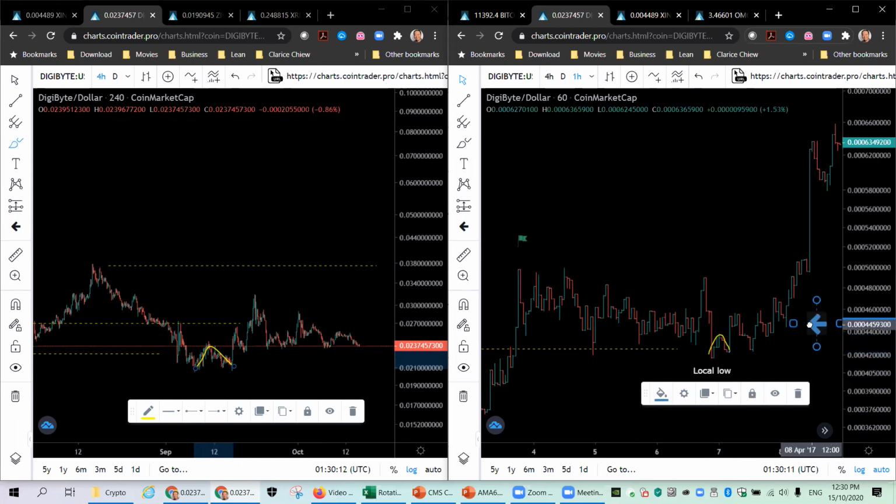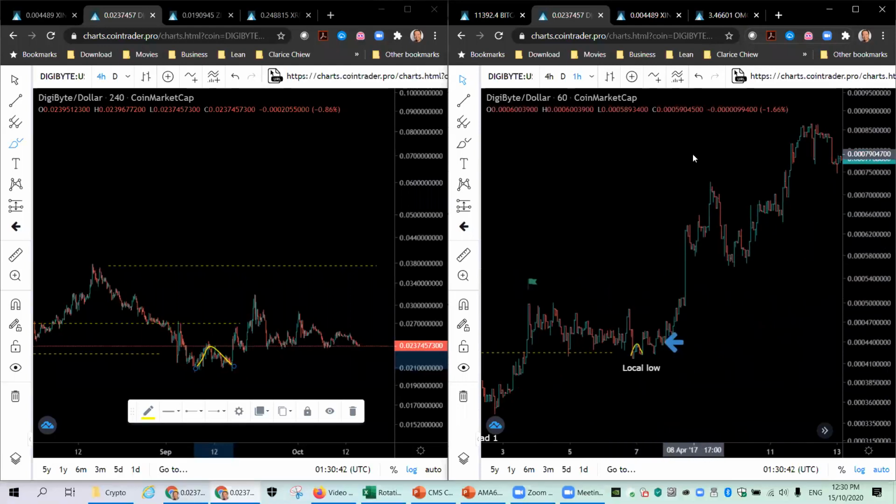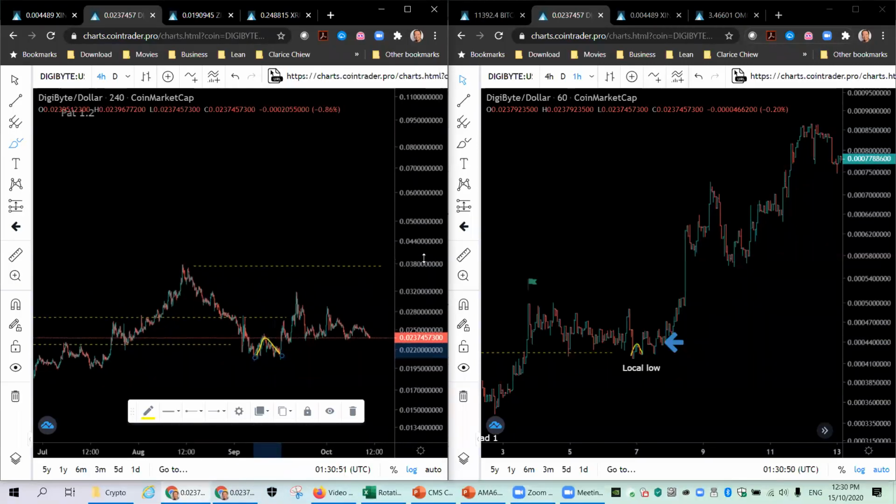So we are probably somewhere around here. Not exactly sure which one specifically. But I don't think there's another low coming down. It's very similar to Litecoin in a way, isn't it? It's just going to slowly work on some of this structure. Then eventually it has a bias to the upside. And the next thing you know, there is a burst up, and there you go. The burst up will come. So that's where we are. There's no changes in DigiByte's structure. Currently, it's still